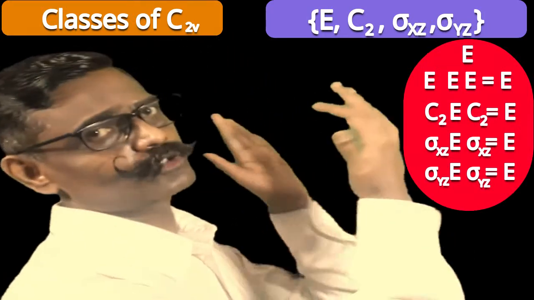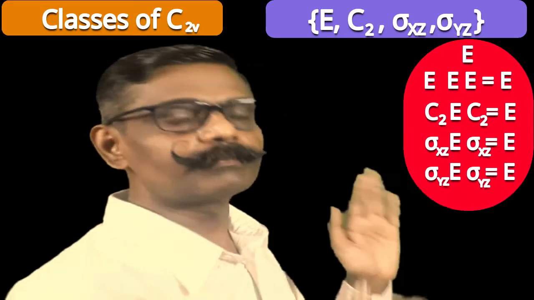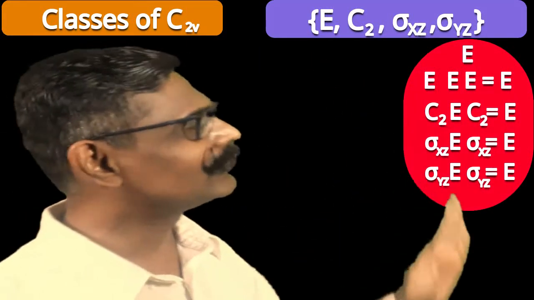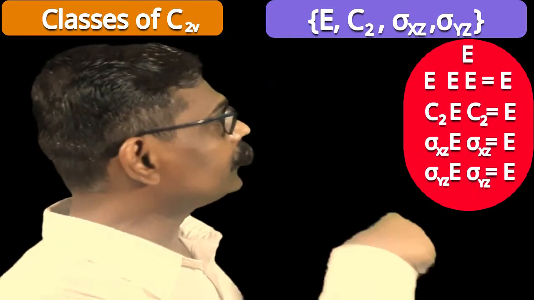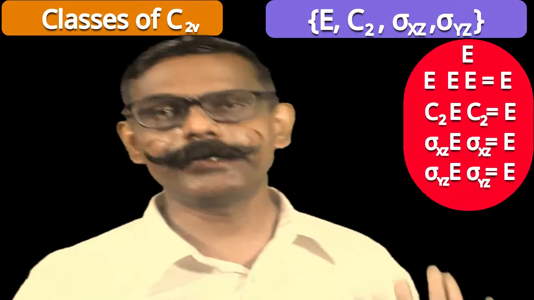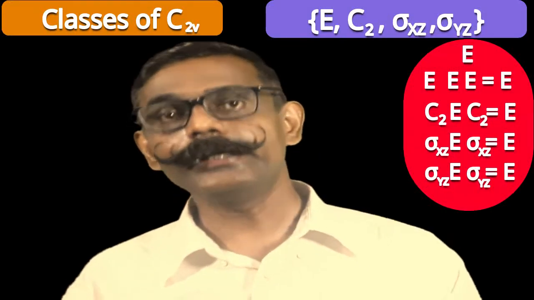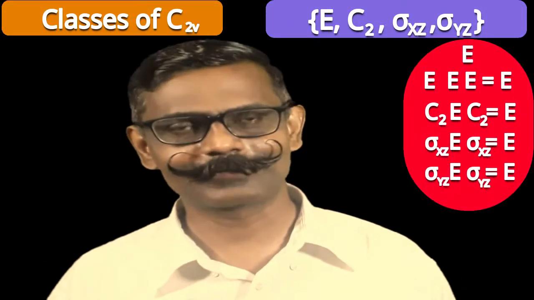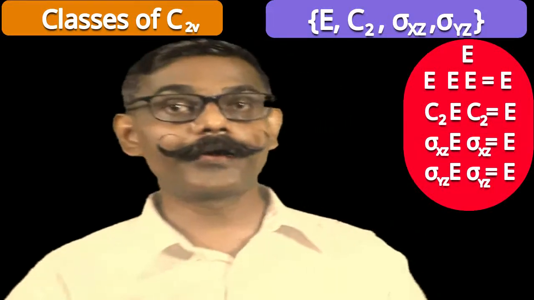If we do the multiplication, the first two operations, their multiplication, what is the result we get? Let us perform the multiplication of that result and the last, the third operation. So here I find the result is identity. So what I can understand from these 4 expressions is that identity is the only transform of identity. Identity is the only conjugate to identity. Identity is the only member present in the class. Identity has similarity transform identity only, whichever operation you take. It means identity is a class of order 1.